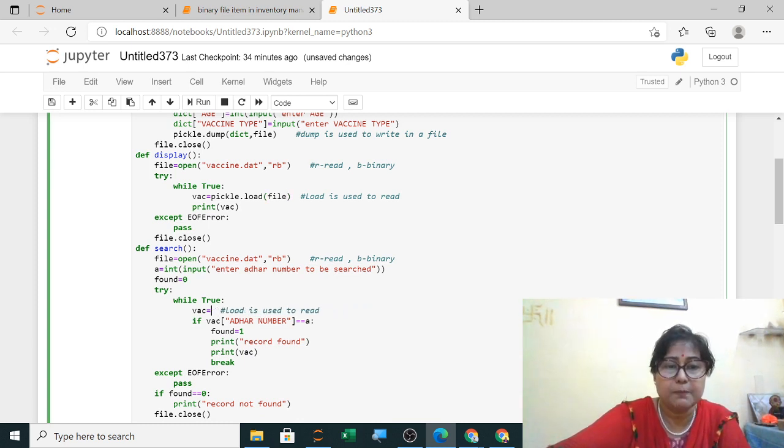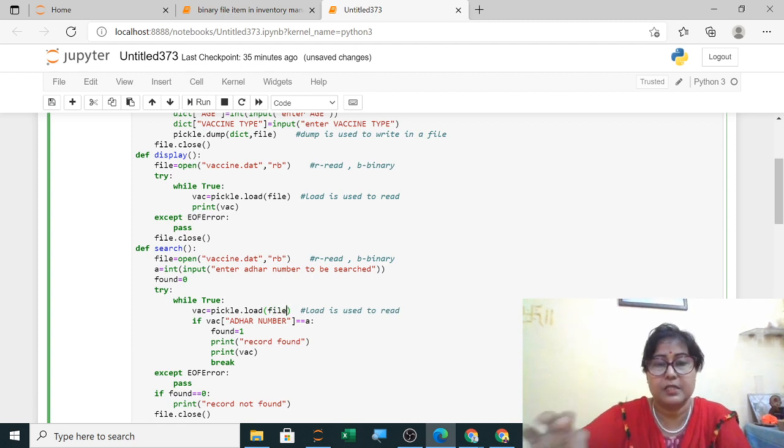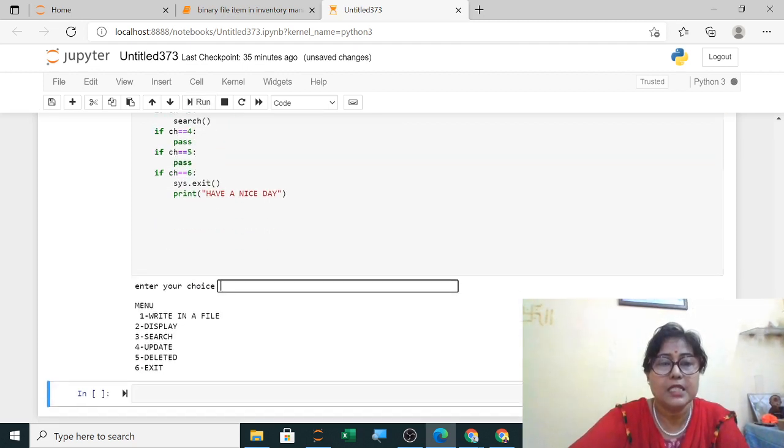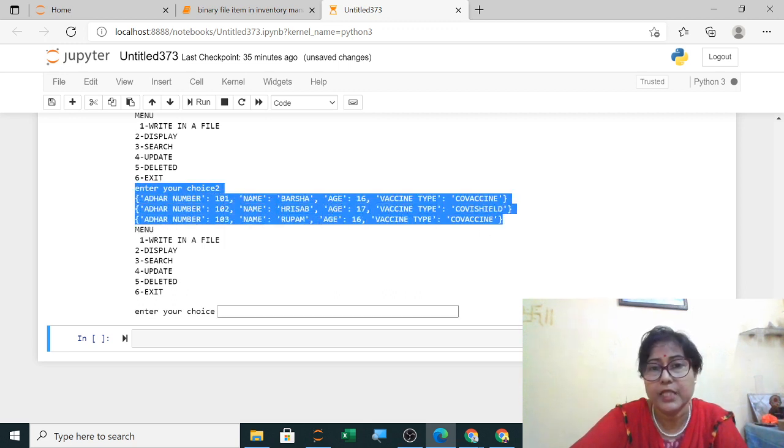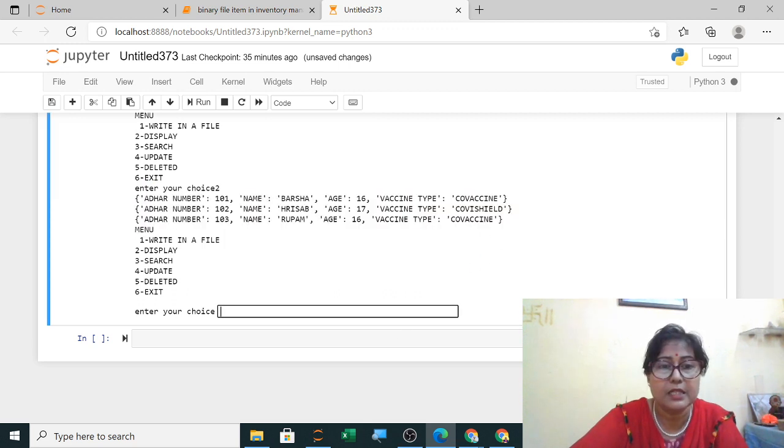It is pickle.load and the file will be the argument. So this is correct. Now again I am running it. Display 2, now it is correct. It is showing 3 records in the output. So display is correct.